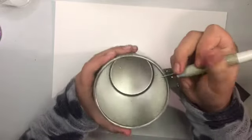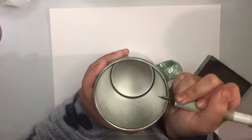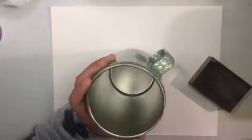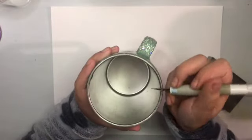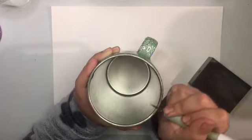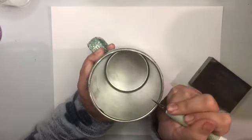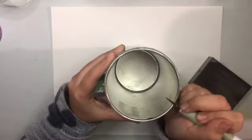So, here I am going in with my X-Acto knife and just running it over my tumbler to remove any of the epoxy that could have gone into my tumbler. So I am going to do this first, and then I am going to go in with my 80 grit sanding block,